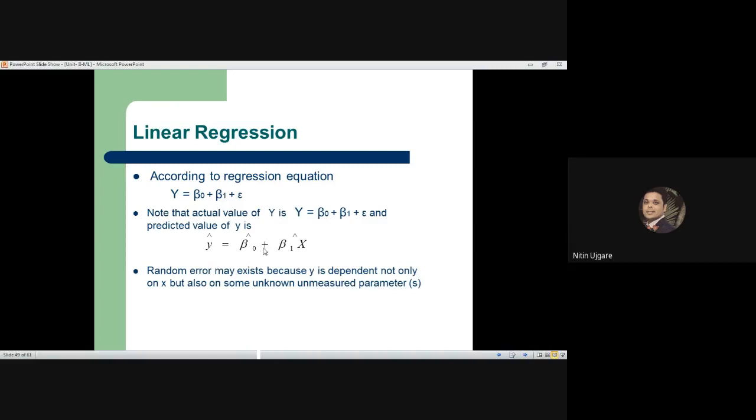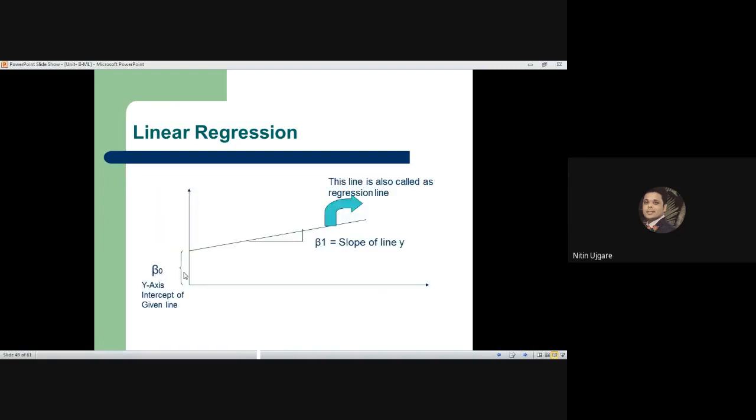Okay. However, this beta 0 and beta 1, these are the model's parameters. So what do model's parameters mean? I have calculated beta 0 and beta 1, which tell me the slope of the line with respect to the x and y plane, and the intercept of my line on the y-axis. Once I build the line, once I draw the line, that gives me the linear regression model, and that's why the linear regression model is also referred to as one of the geometrical machine learning models in data science.